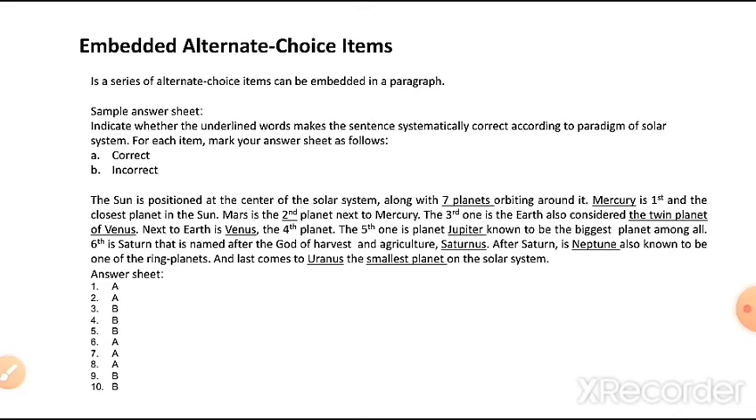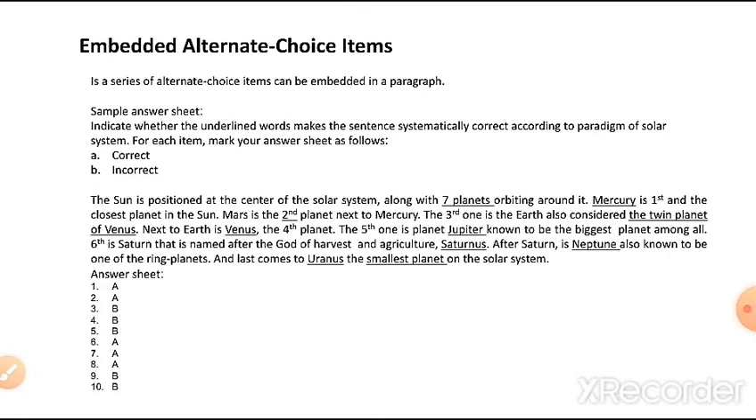And this time the students are to analyze the provided paragraph, whether it is correct or incorrect. And as you can see here, we have the underlined words that serve as the students' items to be answered. So, example,